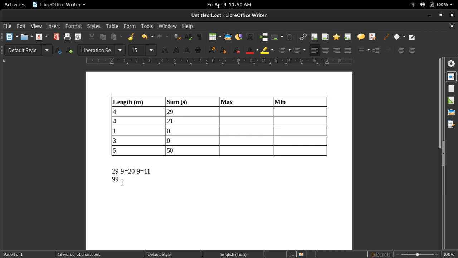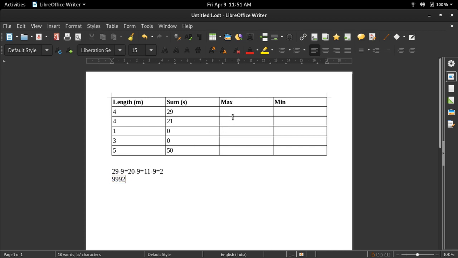As 11 is greater than 9, we can use 9 again and subtract 9, so the remaining value will be 2. Now we are left with 1 space and 2 as the remaining sum, so we can simply put 2 here. This is the maximum number which has length 4 and digit sum 29.